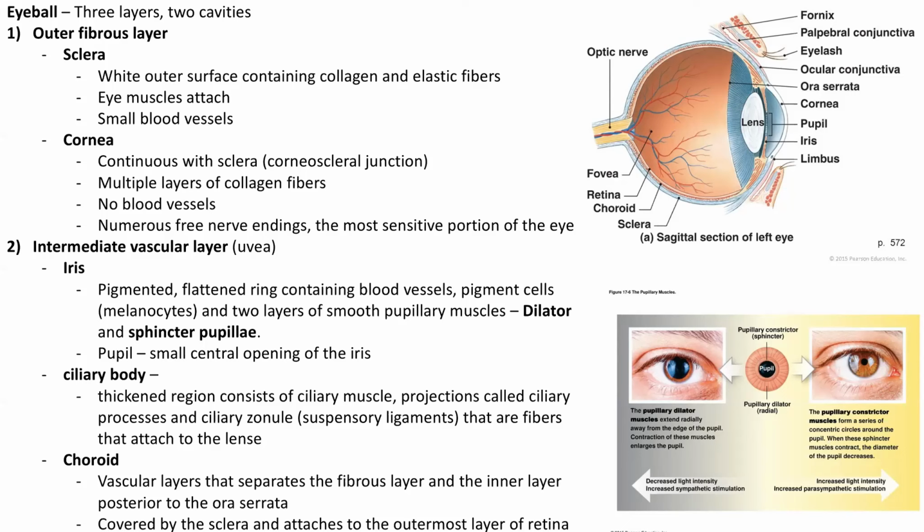Okay, superior rectus, inferior rectus, lateral and medial rectus, superior oblique, inferior oblique, all those attach into the sclera of the eyeball. It contains small blood vessels, and then it is continuous with the cornea. Okay, the cornea is continuous with the sclera. You can see here, here's the white part that goes around the eye, and then it goes in continuous